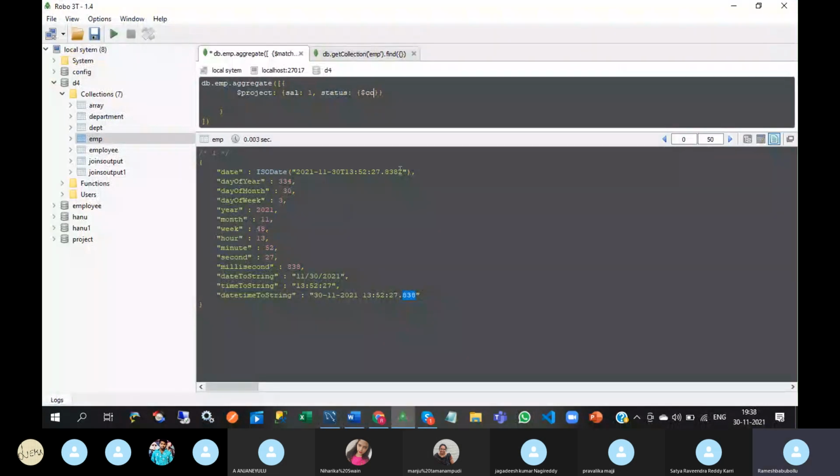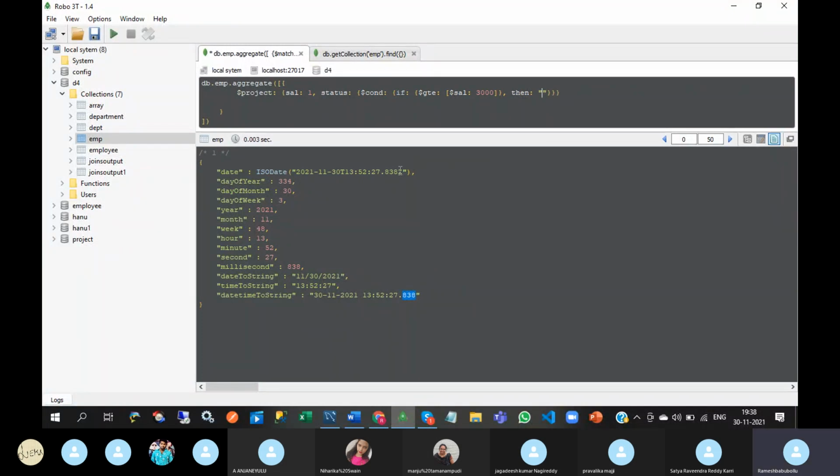That means dollar condition, and here if greater than of salary 3,000, then here you need to display whatever you want.